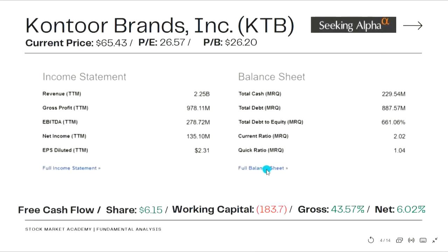Okay, now let's take a look at Contour Brands, for example. All right, now this is the company that owns Lee and Wrangler. I stumbled across them some time ago, and I ended up studying the stock for some time. Since then, the company has grown and appreciated in value. But now here we are today. Use them as an example to see